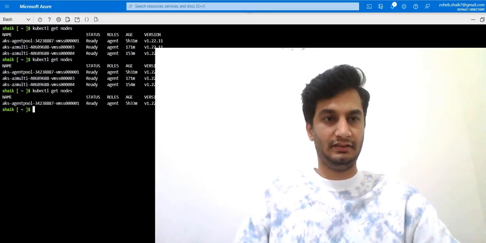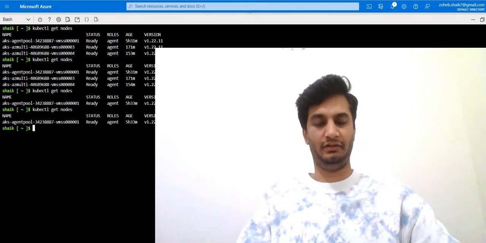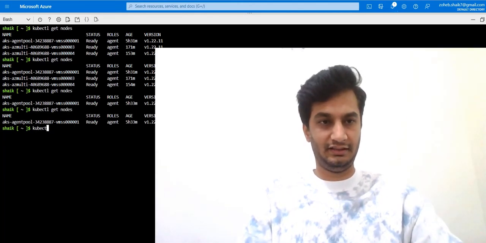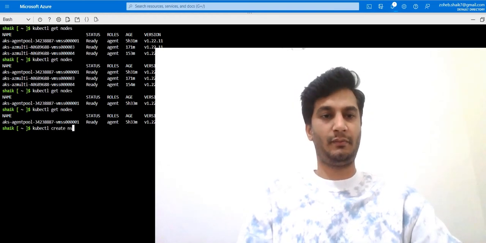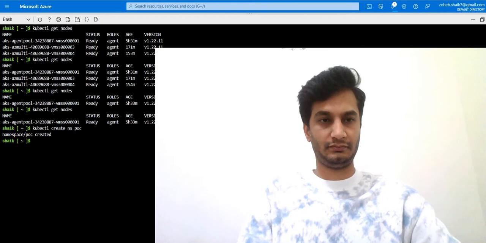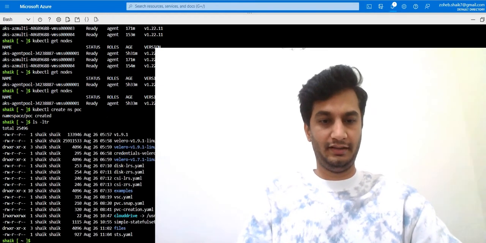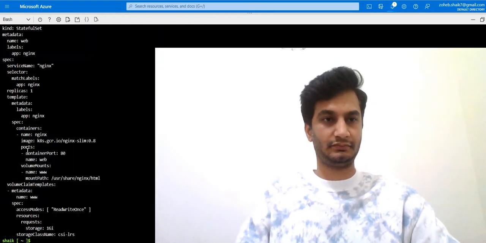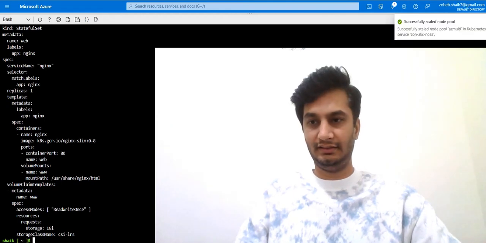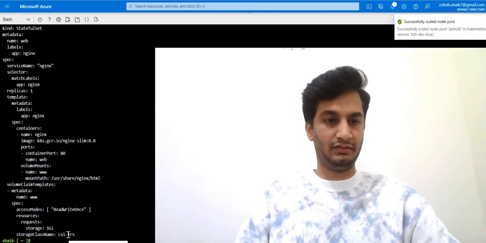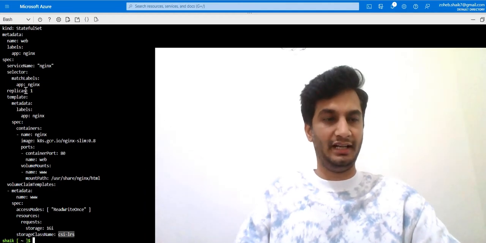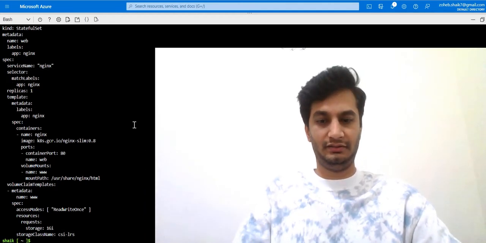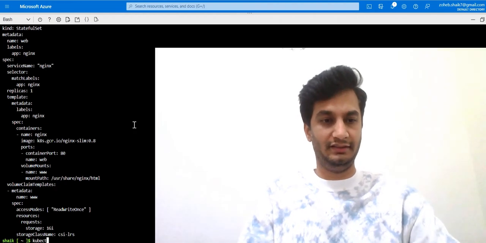If I just say get nodes, yeah, now we are ready for this deployment. So let's create a namespace and call it POC, and I have a few deployment files handy with me, which I'll show you here with STS. In this stateful set, I'm using my own storage class, and I'm not defining any node affinity rules here, so it will get deployed into a node pool which is available. I just apply STS POC.